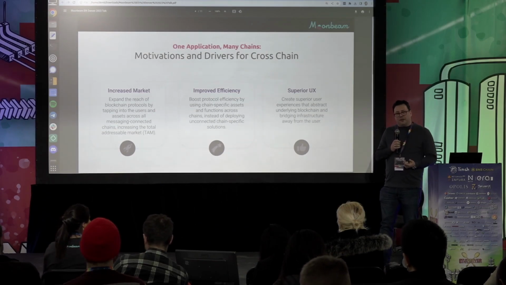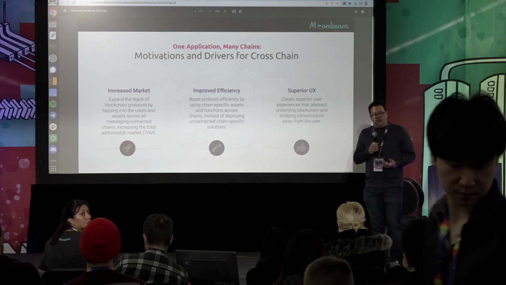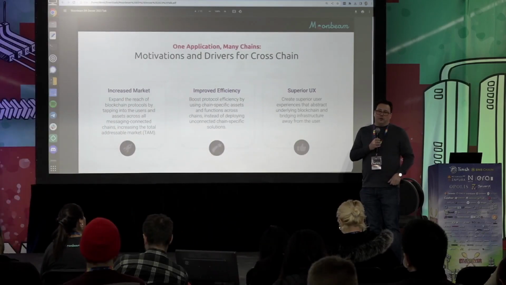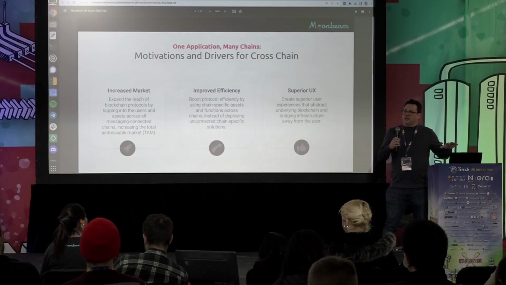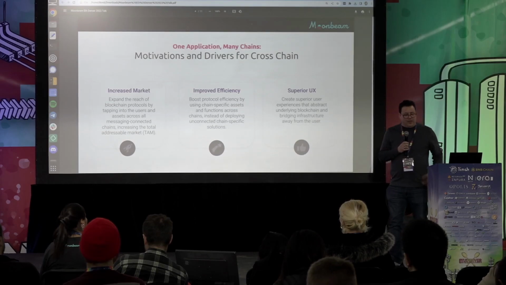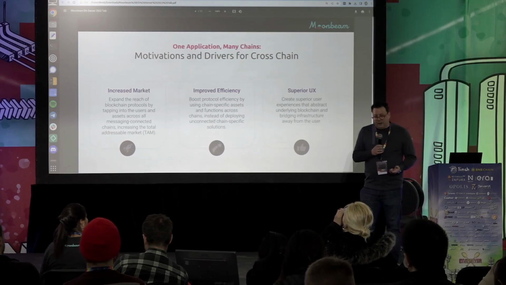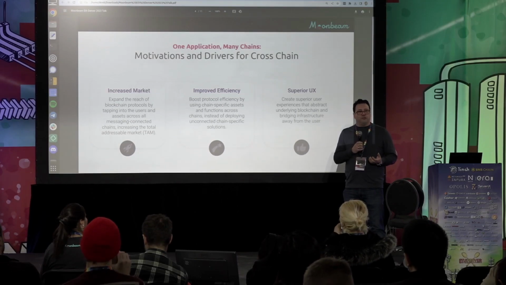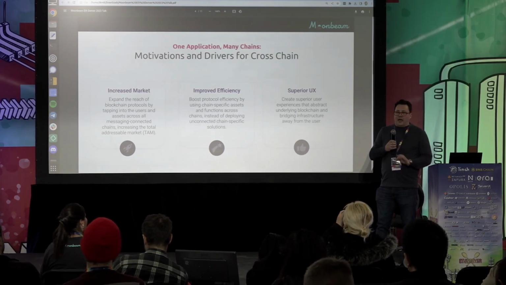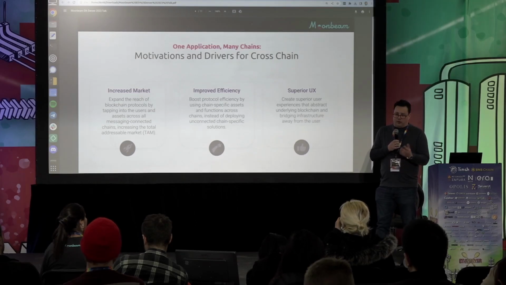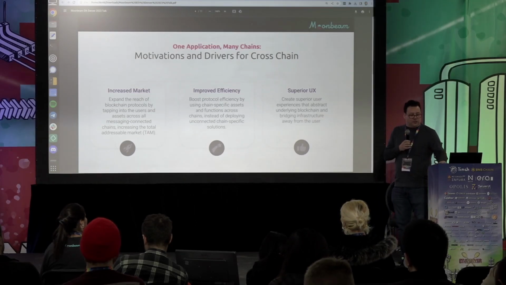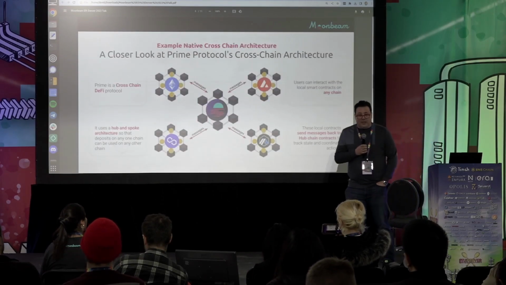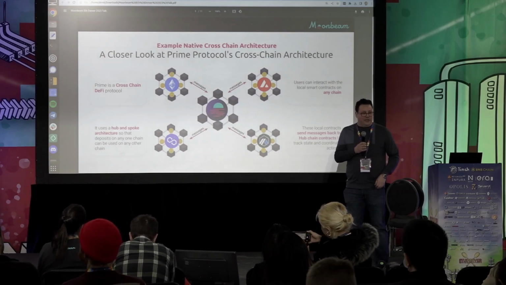But at the same time, there's an opportunity for improved efficiency. So when you have a deployment that's an isolated island on each chain, that's much worse than having a single system that is connecting multiple chains together at the same time. And so that's another theme that we're seeing. And I think in the end, the key unlock that is possible using these cross-chain techniques is around the user experience. You can hide away a lot of the infrastructural complexity from the user and create simpler user experiences when you use cross-chain technologies. And I want to just dive in quickly to talk about an example to make this a little bit more tangible and illustrate what I'm talking about.